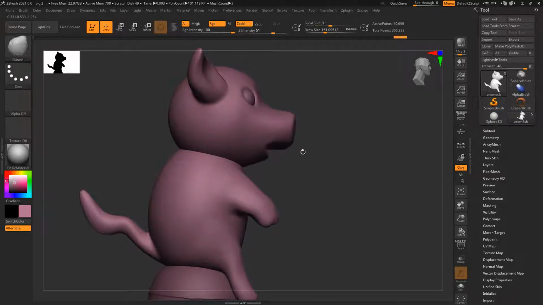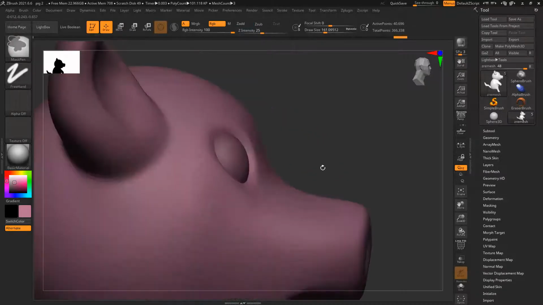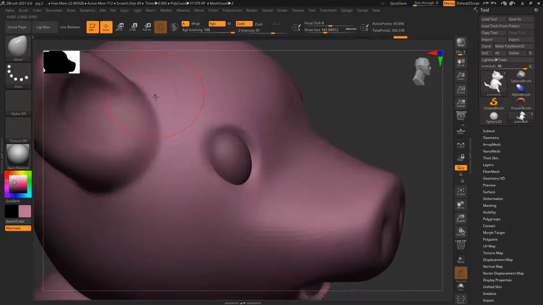Usually the mouth should be there, your eyes and eyelid should be there, with the eyelid having some thickness.